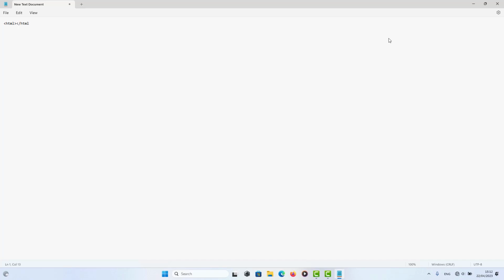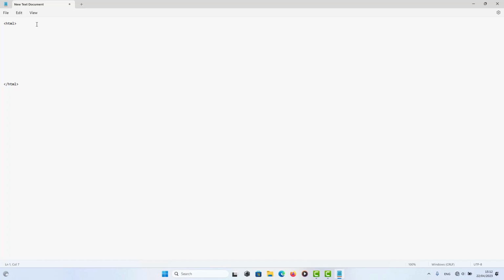HTML, the smaller. Now it's our close tag. This is it, let me show you. This is HTML open, and this one with a slash, the bigger, slash, HTML, smaller, is HTML close. HTML open and HTML close. So let me click between them and make some space with Enter, for example, like this. So we learned the most important thing that we have in web designing: everything goes between the HTML code.